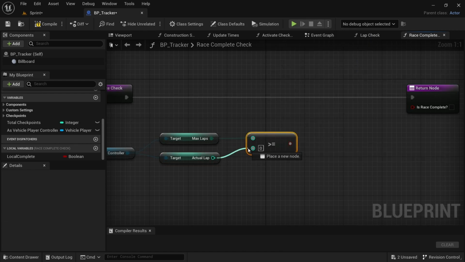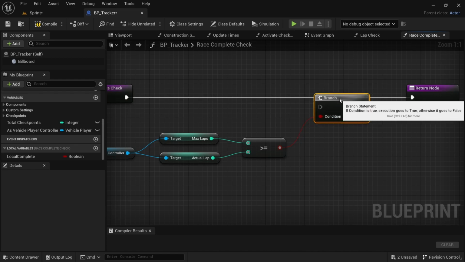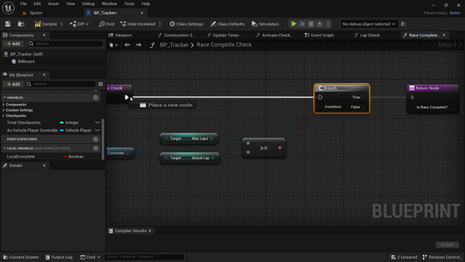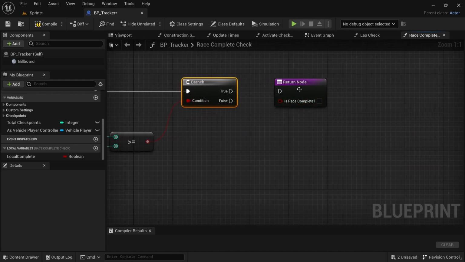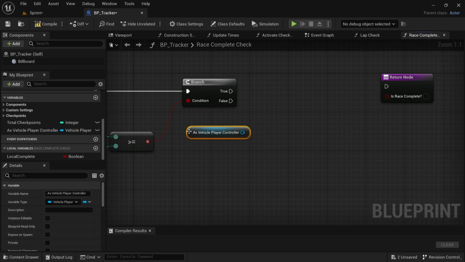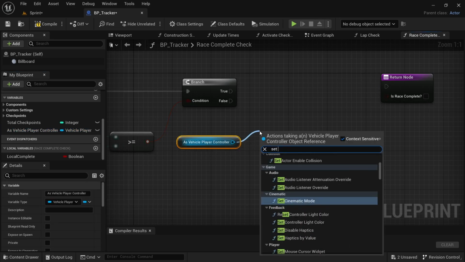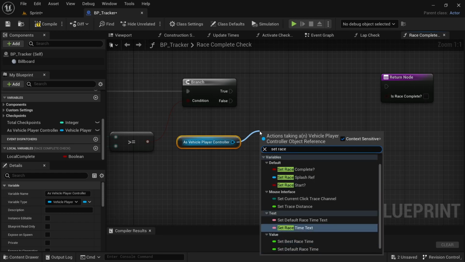and then connect the actual lap to the bottom, and then hold B, left click, create a branch, connect to the condition, connect the execution pin, and then we're gonna drag in the as player control again, hold control, drag it in, and then from here we're gonna search for set race complete,